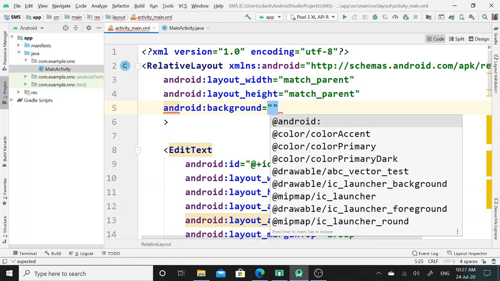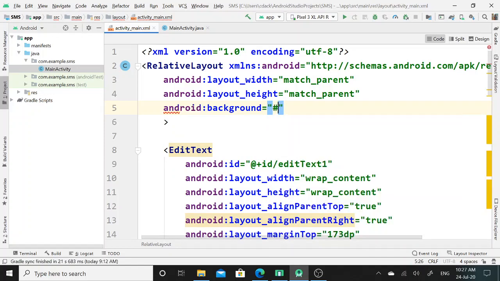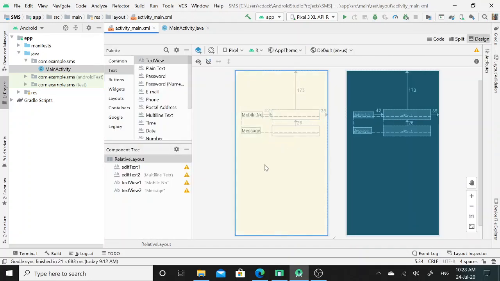In background, I will set this color code #1BFFEB3B. So I have set this cream color to this relative layout background.